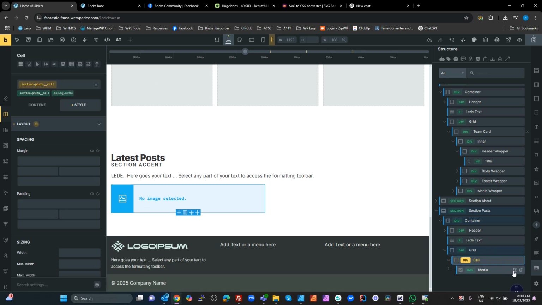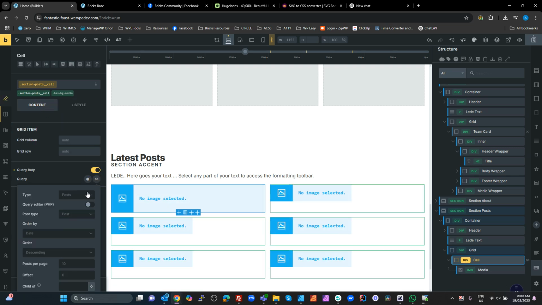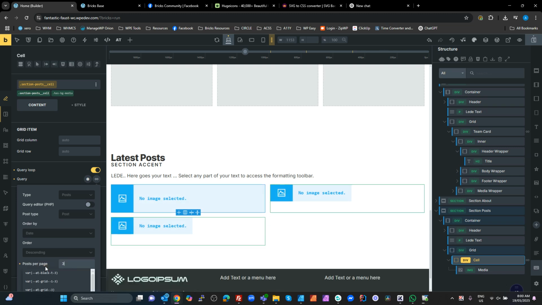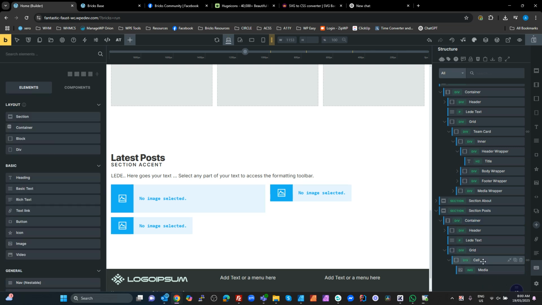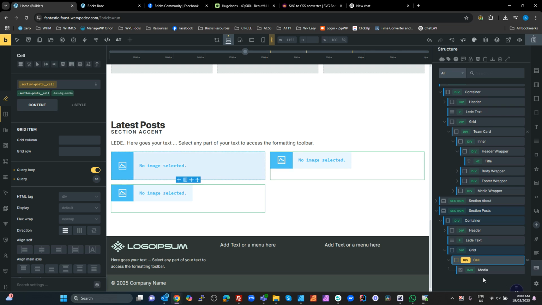Okay, so on that cell, I'm going to turn that into a query loop. It's going to be our posts, but we only want 3 posts. Okay, and we can change this to featured posts, whatever you want, right? And what we're going to do is on this grid here, we're going to target the second cell and we're going to change the row span on that. So I'm going to go grid,